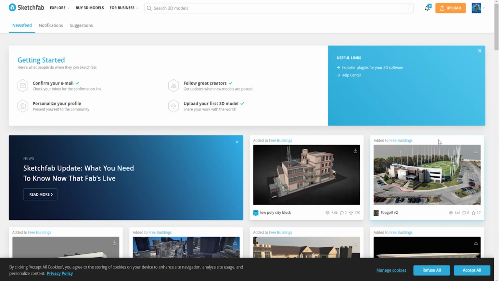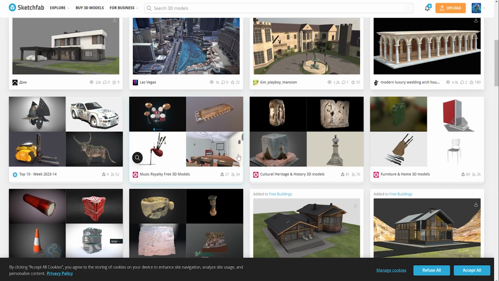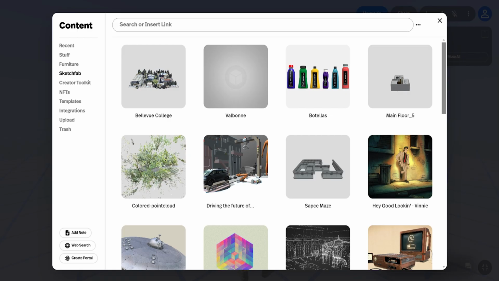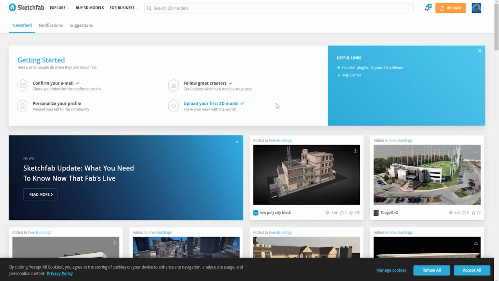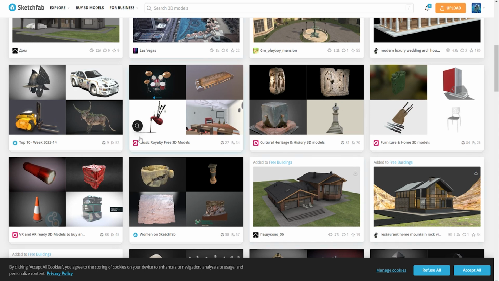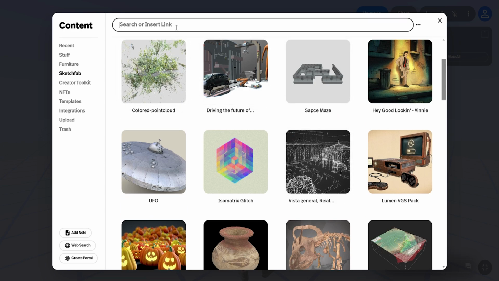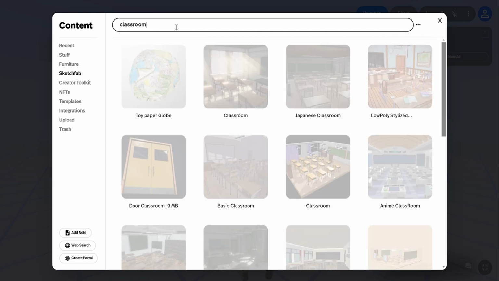If you know what Sketchfab is, it's a platform where different people can upload 3D models. You can also upload your own 3D models, and you can download some of them. So if you don't have an account, you need to create one and then connect it to your Spatial. So here, you could download the models from Sketchfab and then import them into Spatial, but they made things easier by linking these two applications. So if we want, for example, a classroom, we only look for a classroom here, and then